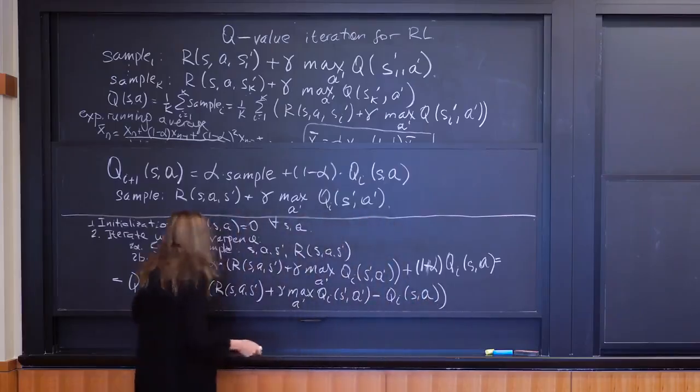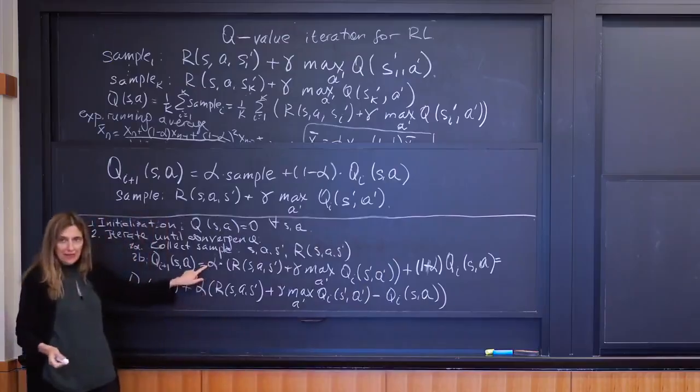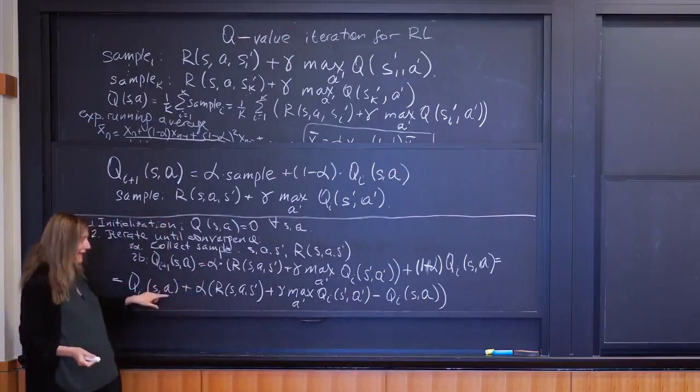So you see that I separated all the terms which are weighted by alpha and the term Qi(S,A) which is